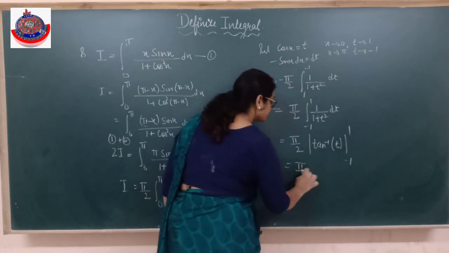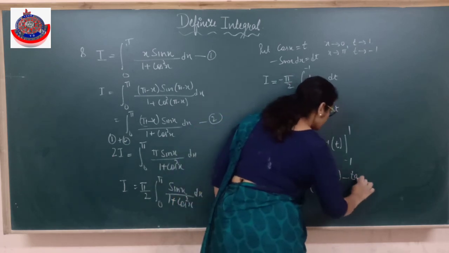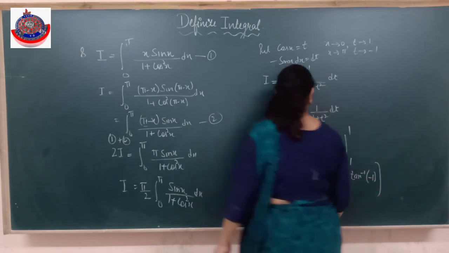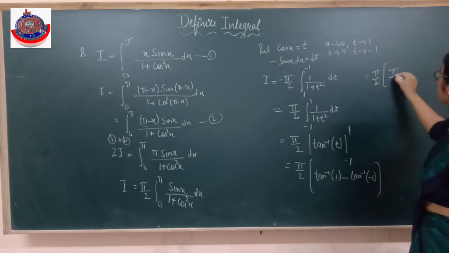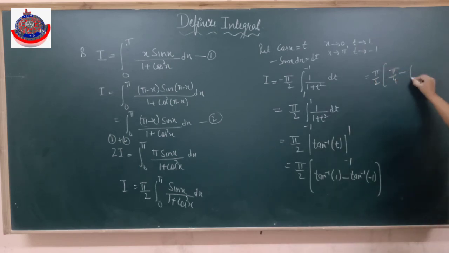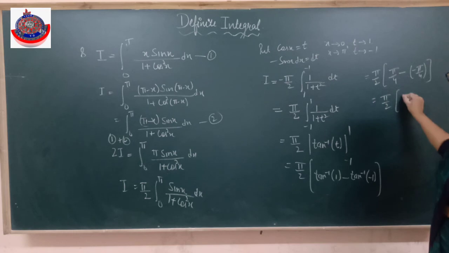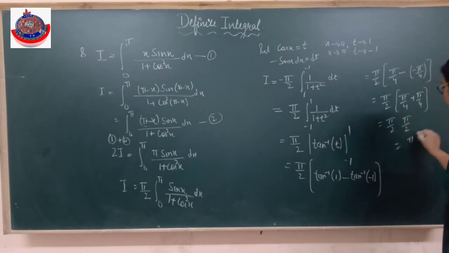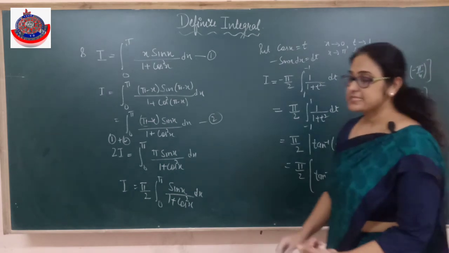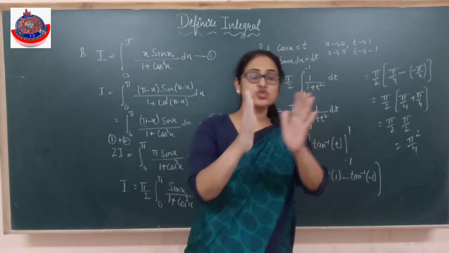Put the limit. Upper limit minus lower limit. Alright. Tan inverse is 1 at pi by 4 and tan inverse is minus 1 at minus pi by 4. Pi by 2, pi by 4 plus pi by 4, that is pi by 2, so pi square by 4. Is it clear, children? So these were a few questions related to one property we have focused on, that was 0 to